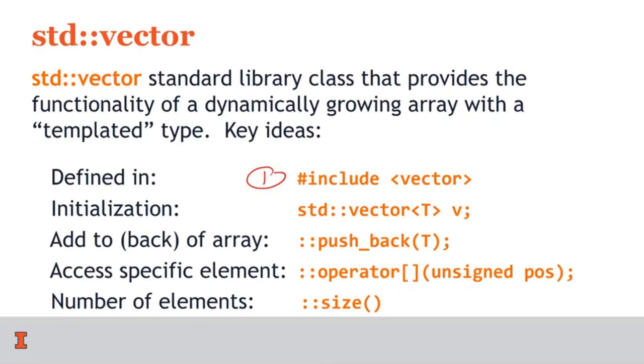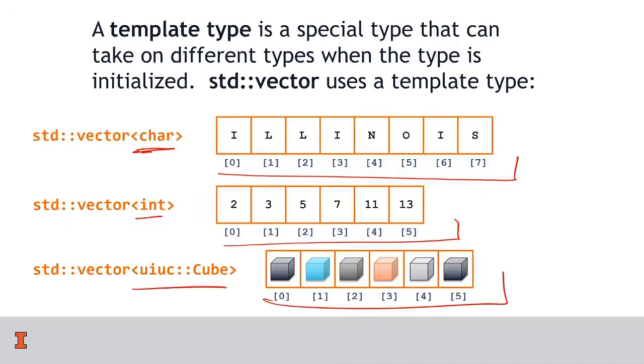We initialize a vector by saying std::vector, and we give it the templated type inside of these alligator braces. For example,